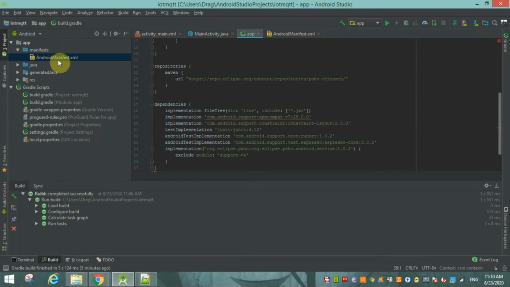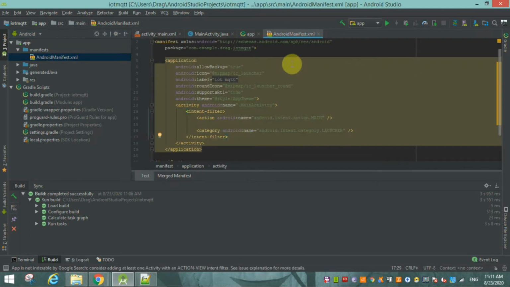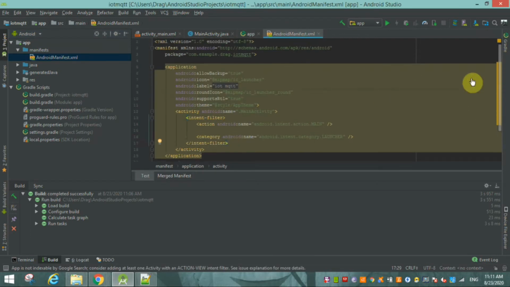Now we have to add some permissions, and all the permissions are added inside our Android manifest file. It is over here. Open this file, and after opening it you will find the manifest package, your package name.